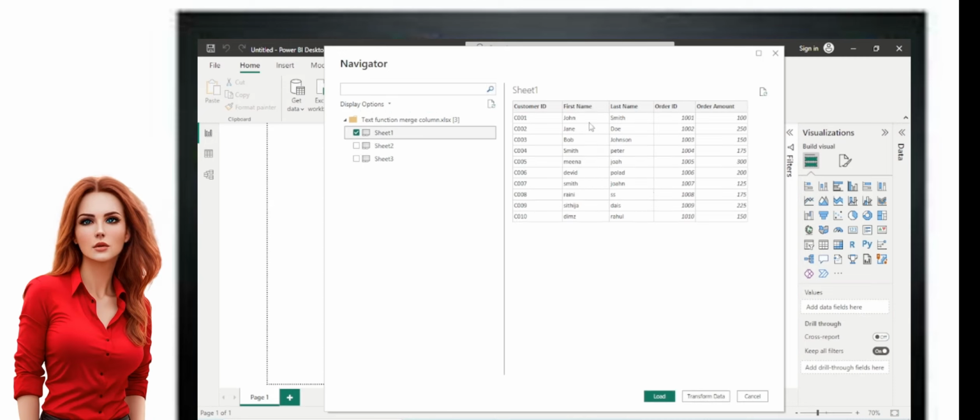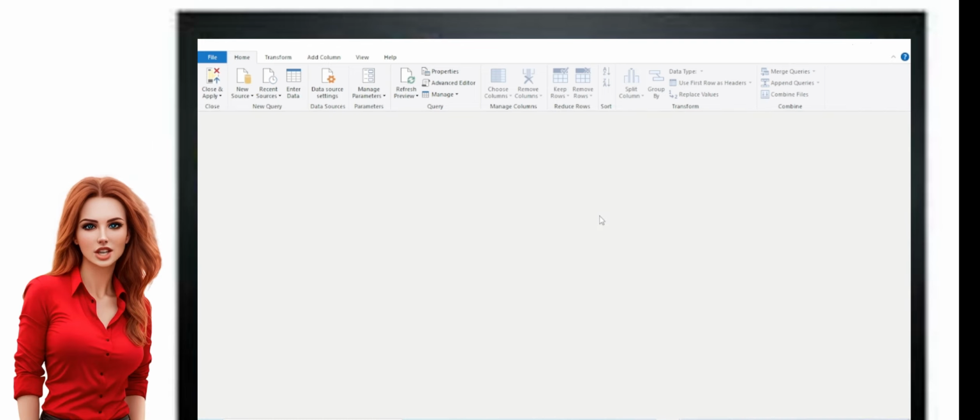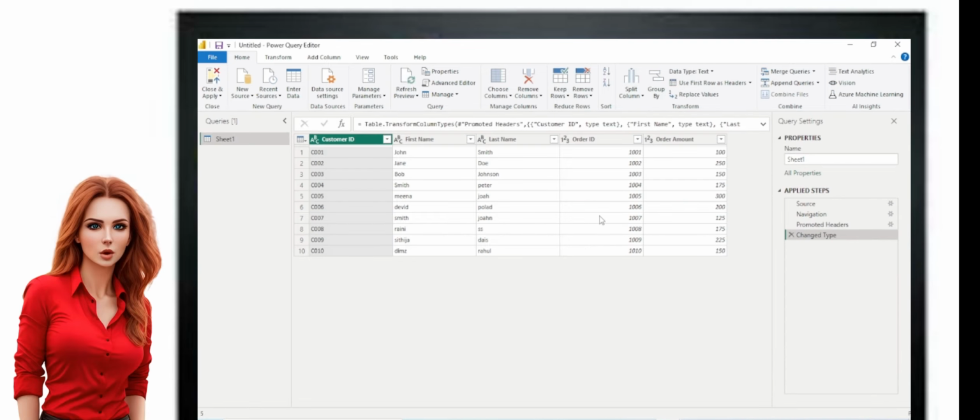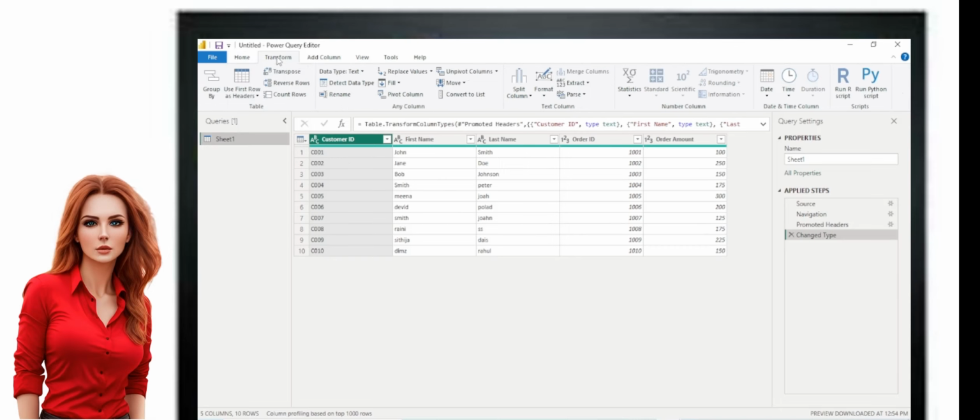Click on the Transform Data button to open the Power Query Editor. The Power Query Editor allows you to transform and clean up your data before using it in your report. From here, you can perform various data transformation operations, such as removing unwanted columns, filtering rows, grouping data, and merging